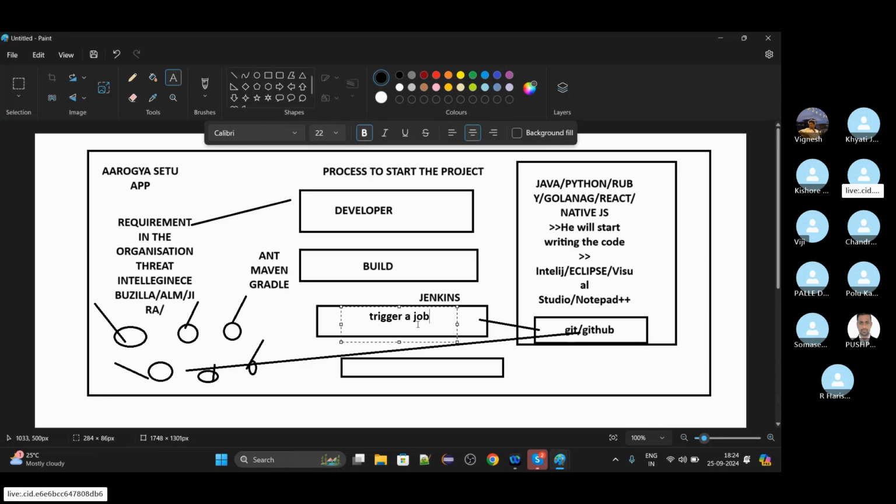Now, you have a bandwidth when you are developing an application as a software engineer. You have a bandwidth that my application should work on a Windows operating system, as well as Linux. So what do we need to do over here?